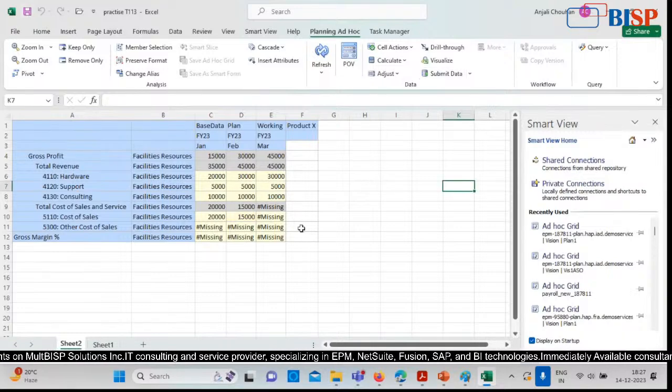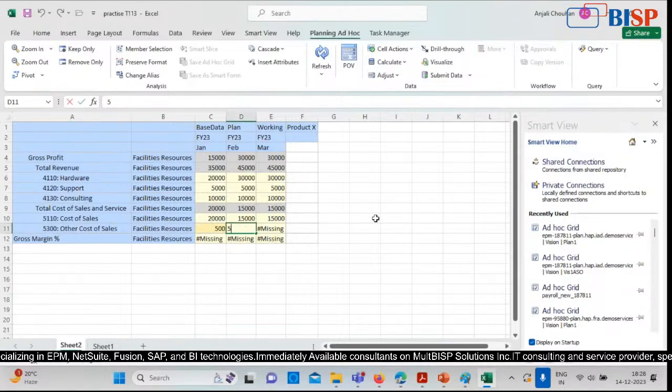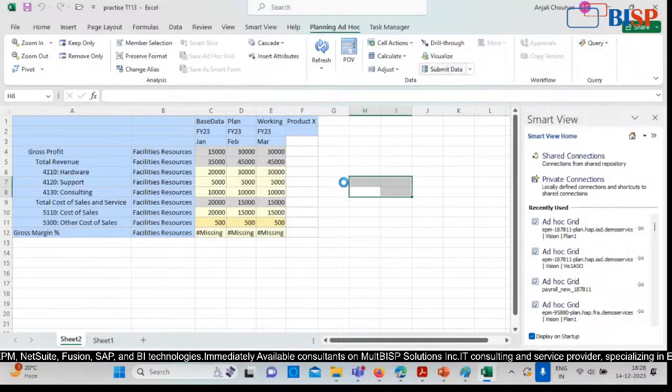This time I will work slowly, otherwise it would crash again. So I'm entering the values slowly, submit data, refresh, and save. And immediately you can see the changes over here. Let's change this value. Okay, no worries. Taking here 500, a simple amount. Submit data, refresh,